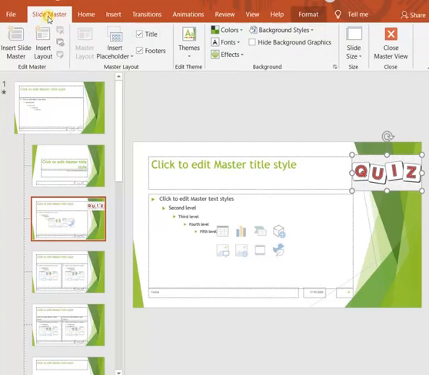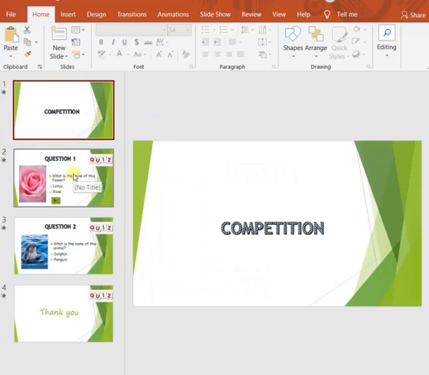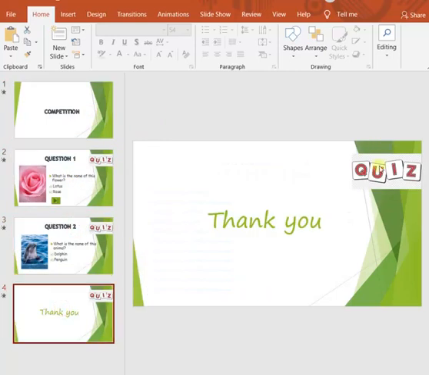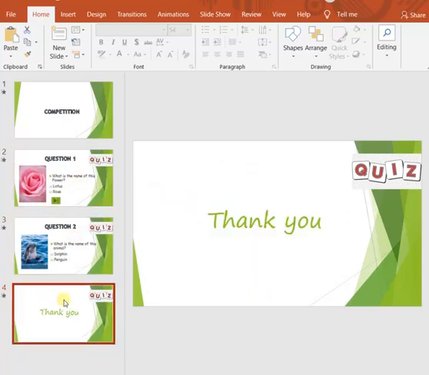Again we have to come to Slide Master and then close the master view. When we close, it comes back to our actual presentation, and now you can see that except the cover slide, all the other slides 2, 3 and 4 have this quiz logo in the right corner, because these slides are using the layout in which I inserted this picture.